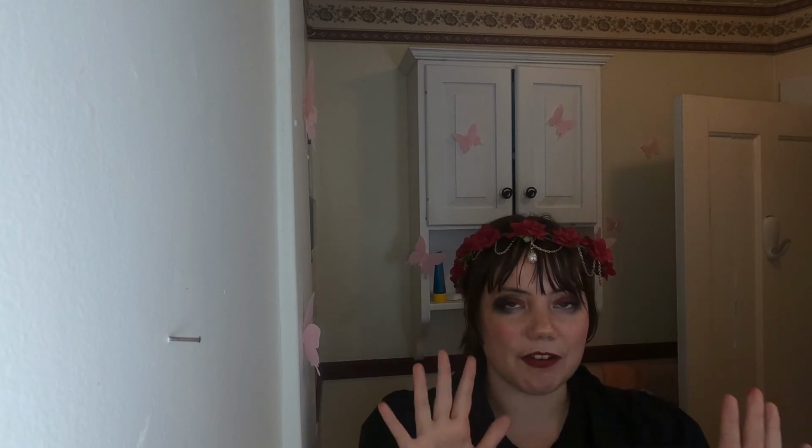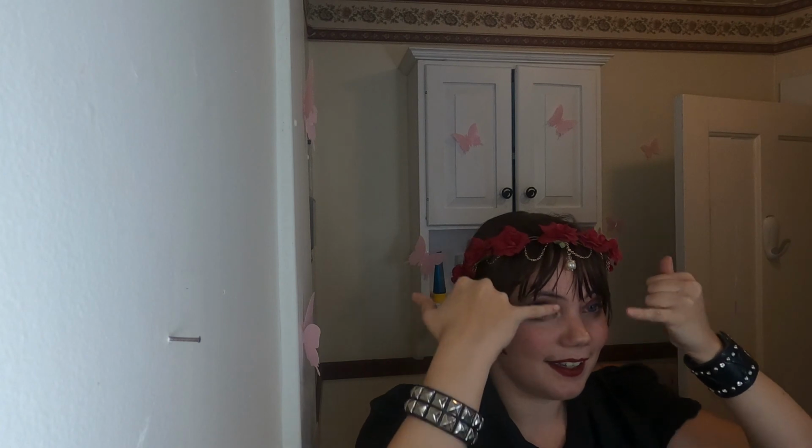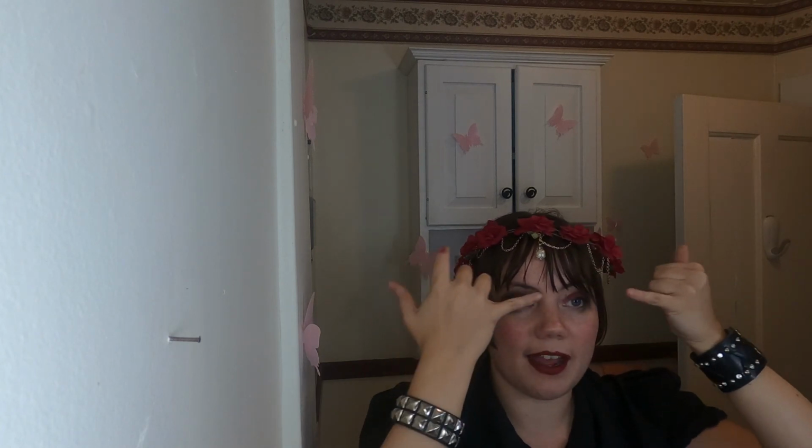So as you can see, I have a very formulaic way I like to do Gothic Lolita makeup, which is just black in the crease, whatever main color here, and then a dark color that's